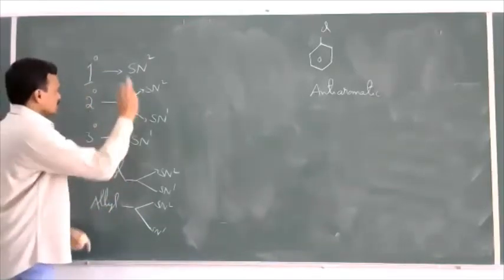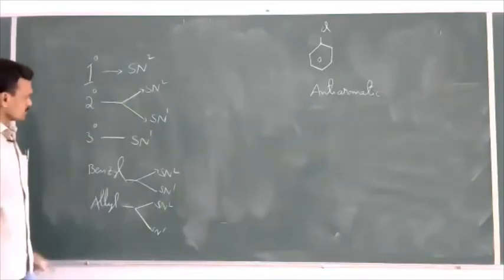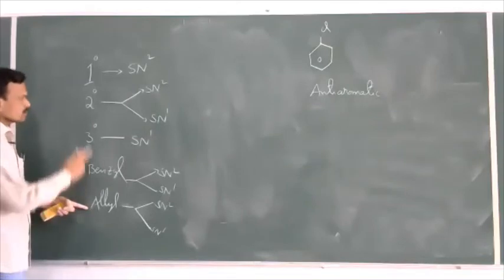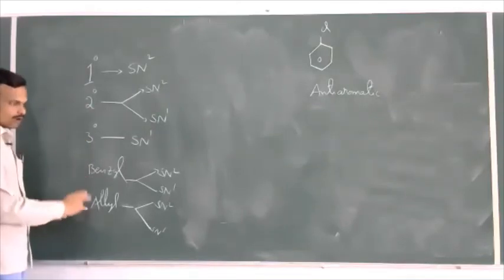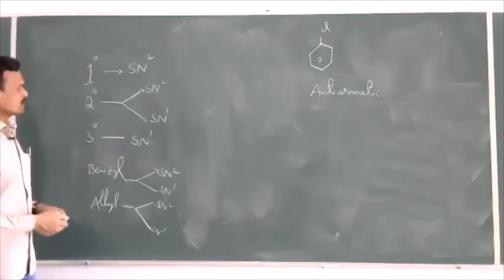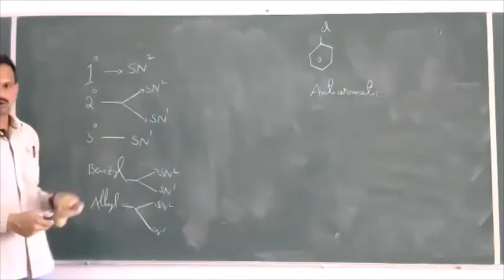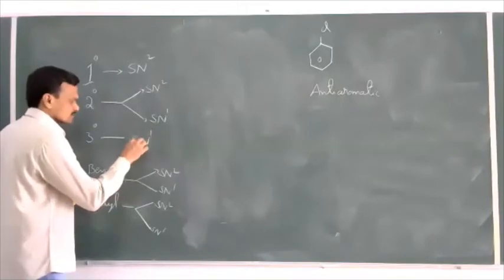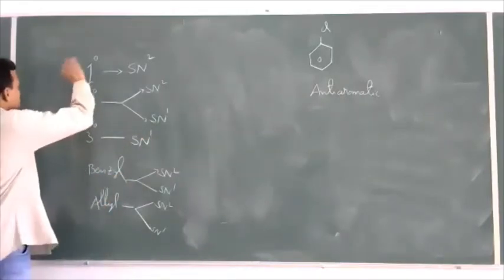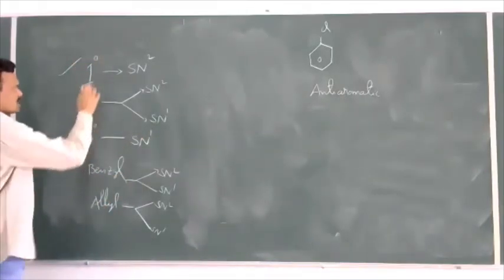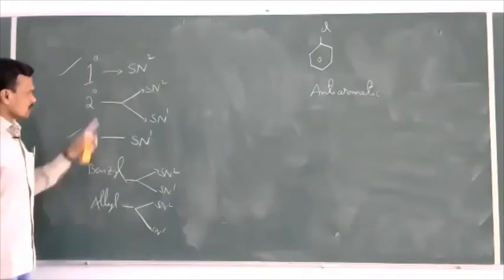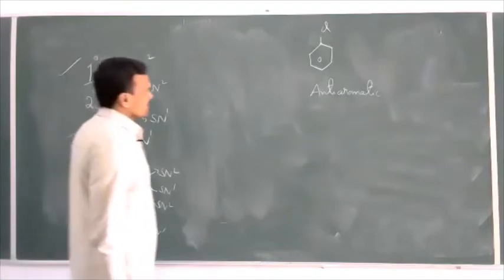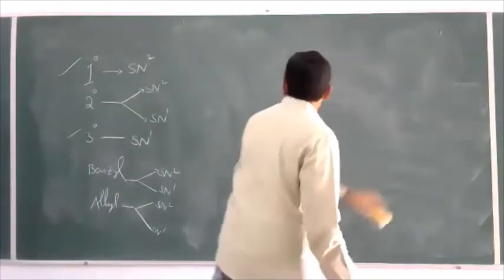Now let us see secondary haloalkanes. If you see secondary, benzyl and allyl, these 3 undergo SN1 as well as SN2 depending on the conditions we have applied. Tertiary haloalkanes undergo SN1 always. These are almost fixed, except 1 or 2 cases here. Now come to secondary, benzyl and allyl. I'll take an example here now. I'll go for this later.